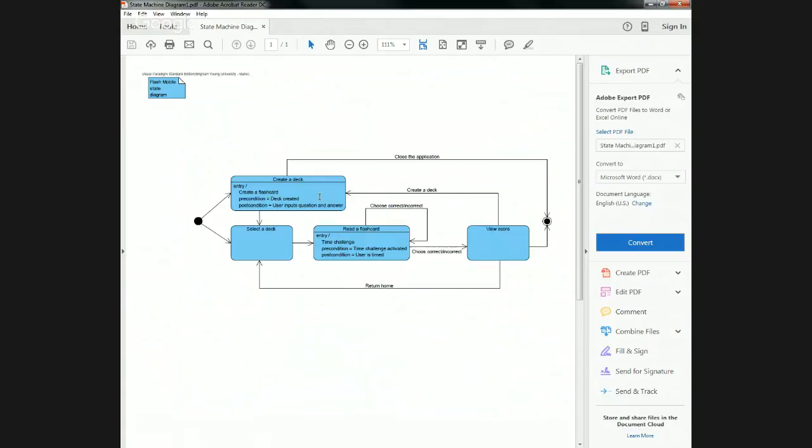And within create a deck, you can create a flashcard, and the precondition is that the deck is created, and the post condition is the user inputs a question and answer. And from create a deck, you can select a deck. And from select a deck, you can read a flashcard,